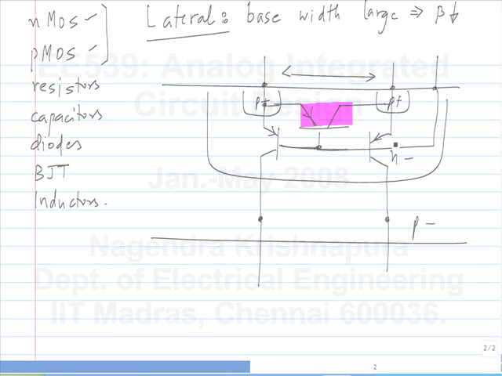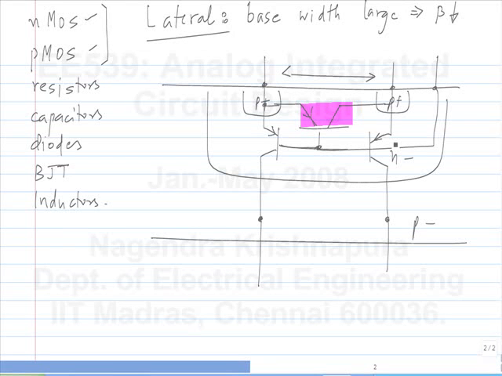What about the vertical transistor? Is it a good transistor? So the collector is connected to the substrate. That's a problem. You don't have access to the collector terminal. You have access only to the base and emitter. Okay. So the collector is always grounded. Still, we do use this transistor, as we will see. But the vertical transistor has a collector permanently grounded. So that's a problem. But even with these limitations, we do use these bipolar transistors.